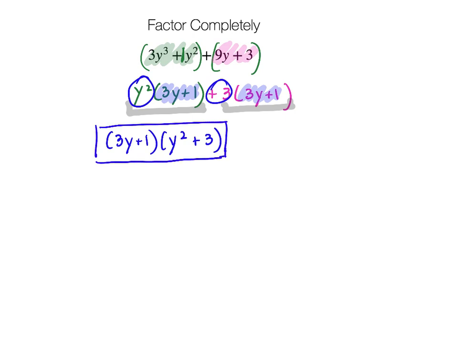Okay, so that is factoring when you have 4 terms and you can't combine any of them. And you hope. Sometimes you do a GCF like we did here. I erased it by accident. Let's see if I can get it back. There it is. Sometimes you take out your GCF, and you look and the 3y plus 1 doesn't match this, in which case you cannot factor that one. There are some other advanced tricks we could do that would help us out, but sometimes you just can't factor some of these problems, and we've seen that before. So when you're working these problems, because it's just a mix